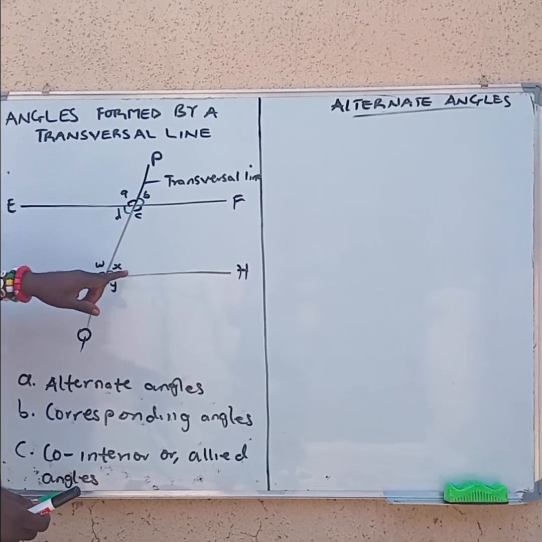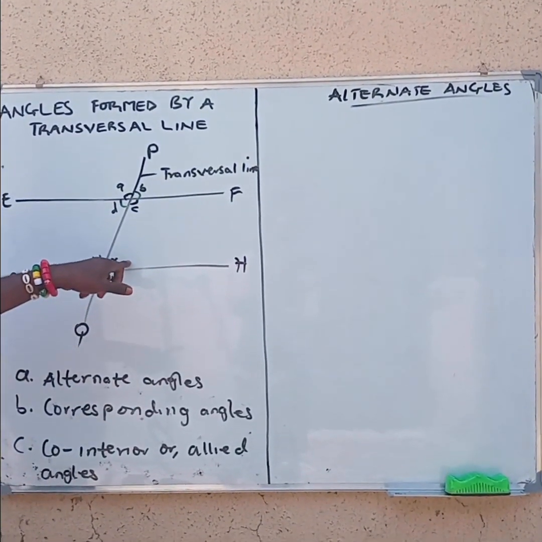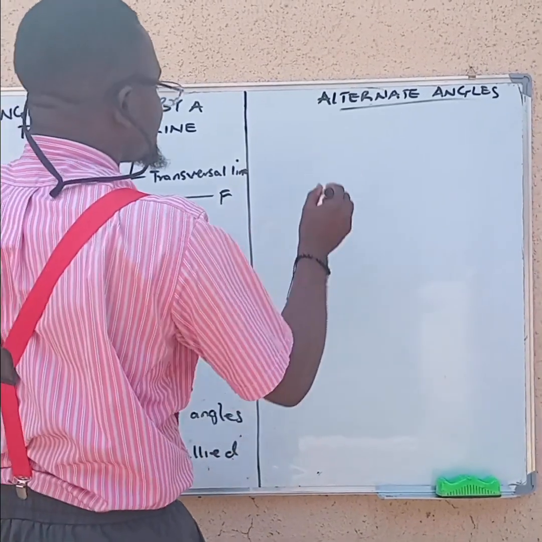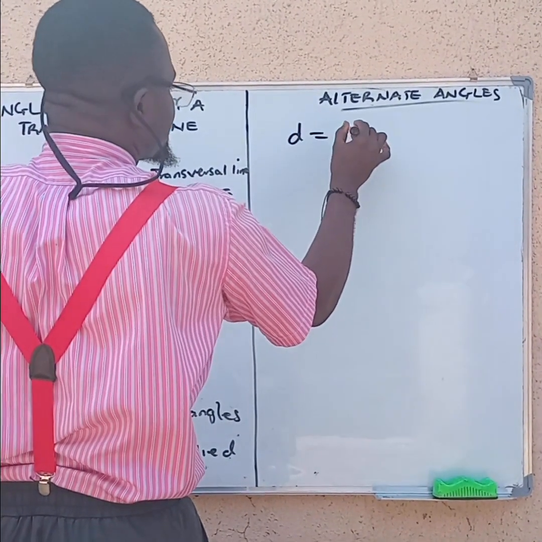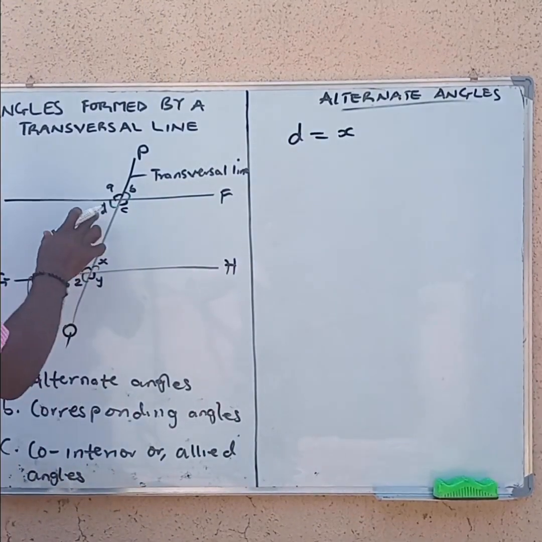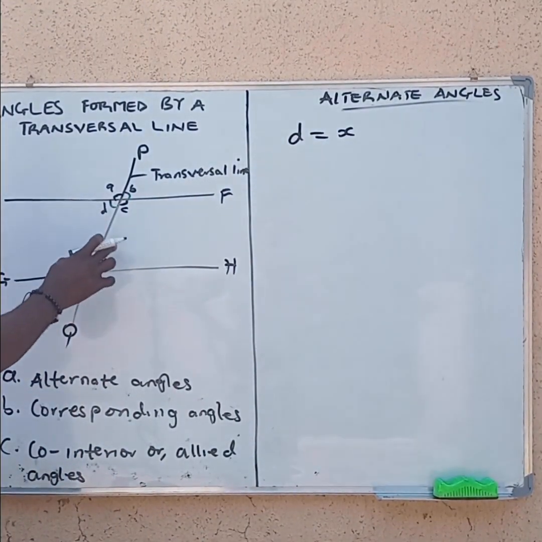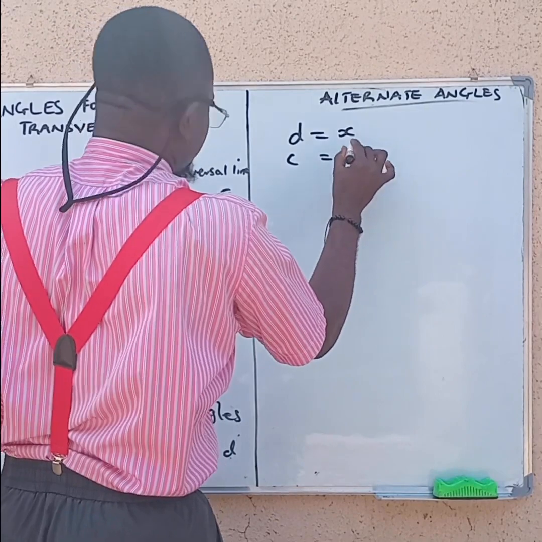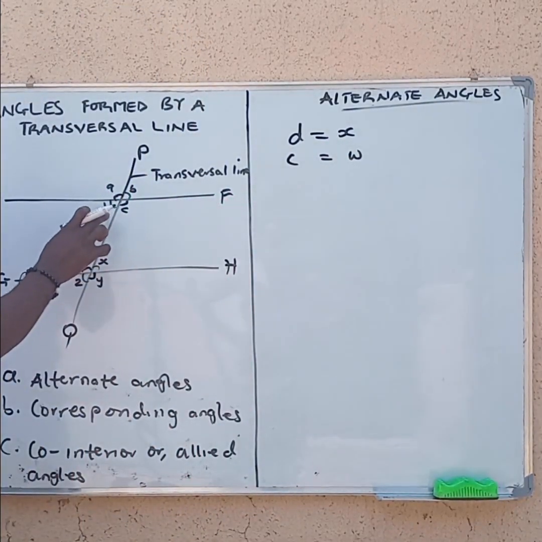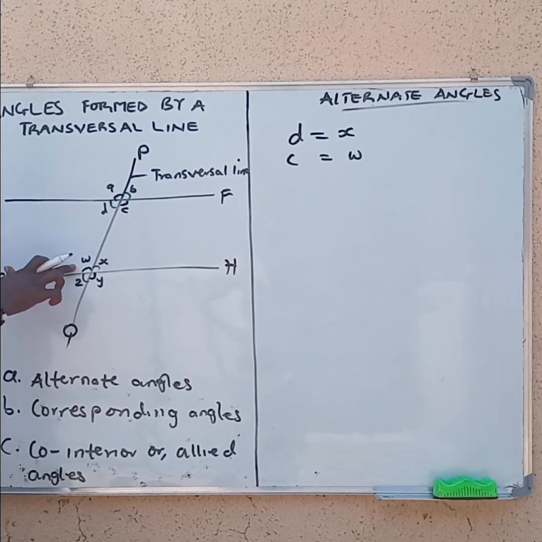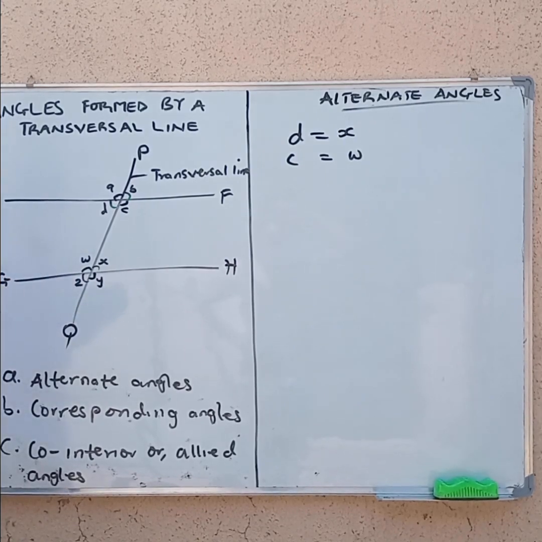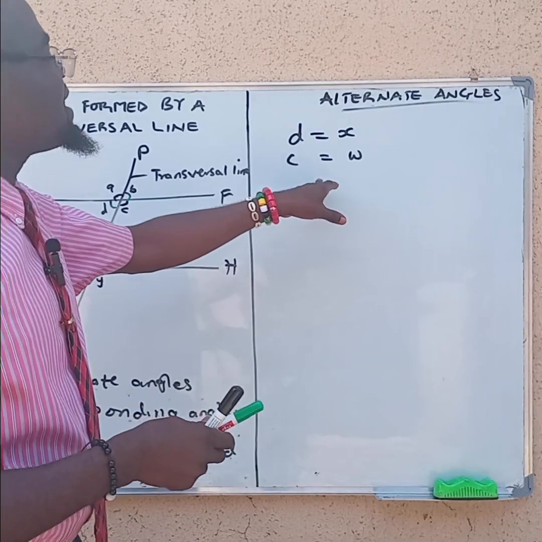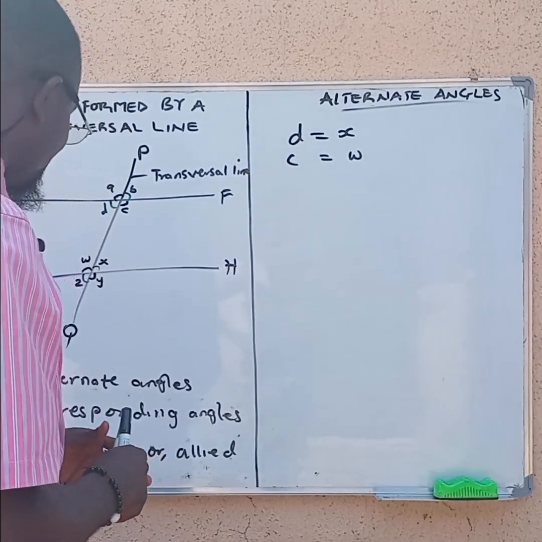D and X, they're alternate angles. So we say that D is equal to X. D is alternate to X. C is equal to W. C here is alternate to this. In this case, we call them the alternate interior angles,